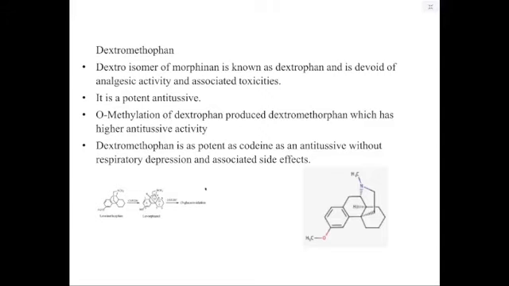Dextromethorphan is as potent as codeine as an antitussive, without respiratory depression and associated effects. And this structure here,